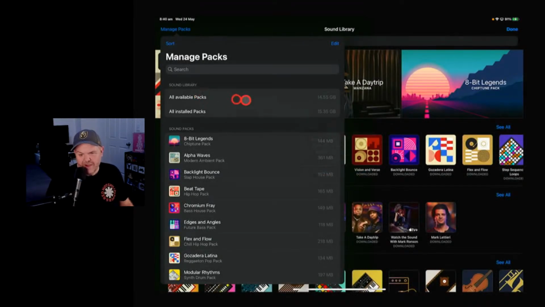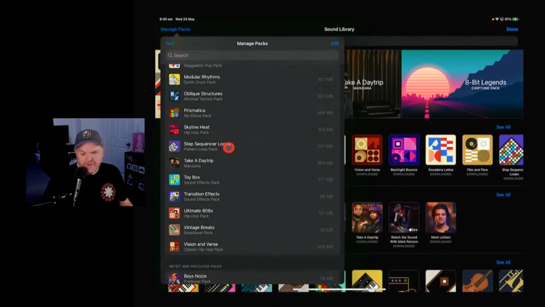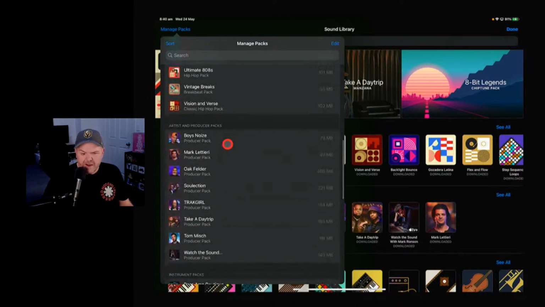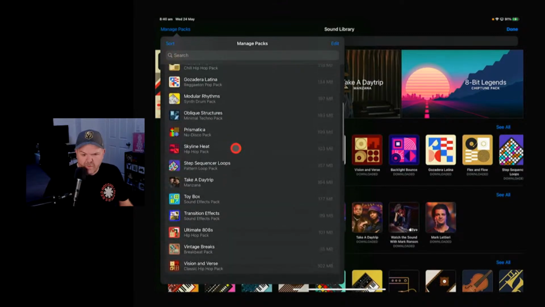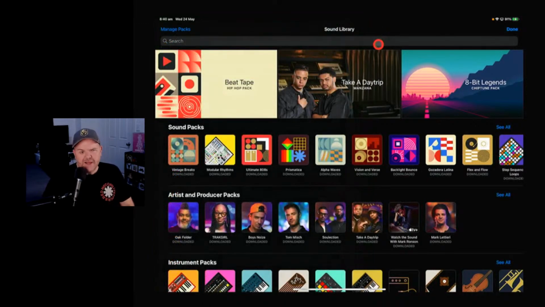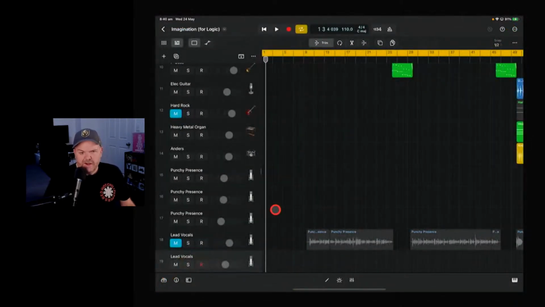So you can see there, all available packs. Somehow I've got more installed packs than are available. Go figure. But I have everything installed there. There are a couple of new packs in here. You've got the 8-bit Legends, with the chiptune pack, which is pretty darn cool. You've got some more step sequencer loops, because you've got the step sequencer available here in Logic Pro, which we'll have a look at a bit later. We've got the vintage breaks as well, a breakbeat pack, and there are also things like your brass, wind and strings, which have some good stuff there. It's not showing up there because it's not a sound pack as such. We'll dive in and show you how that's all done in a jiffy.